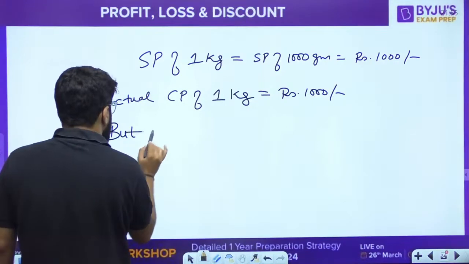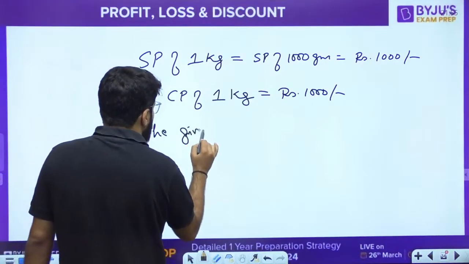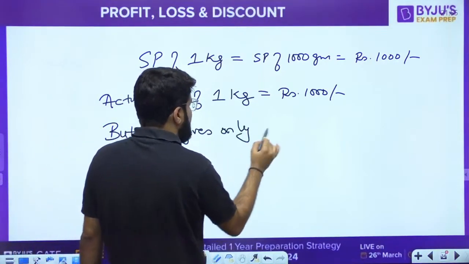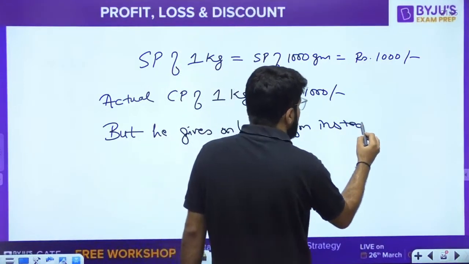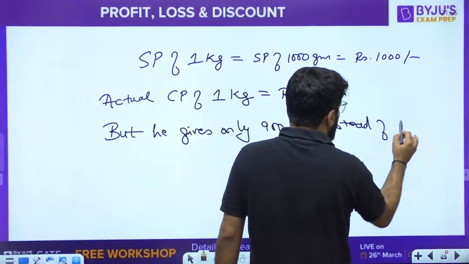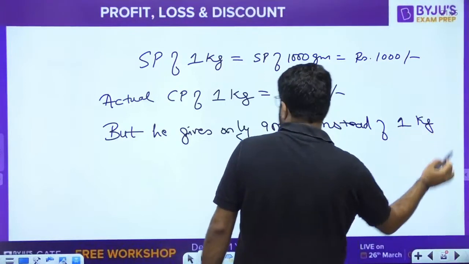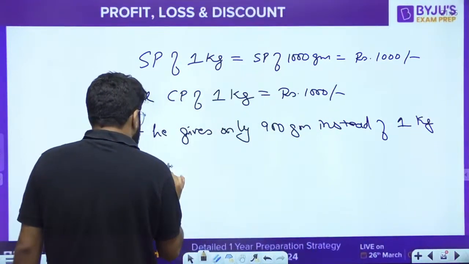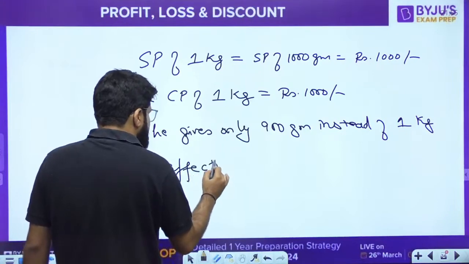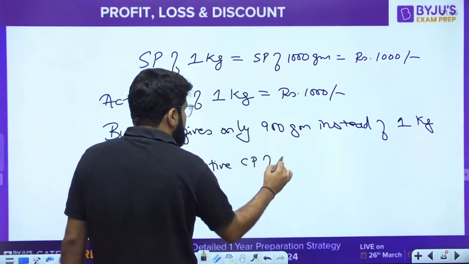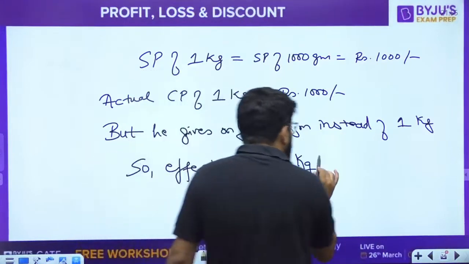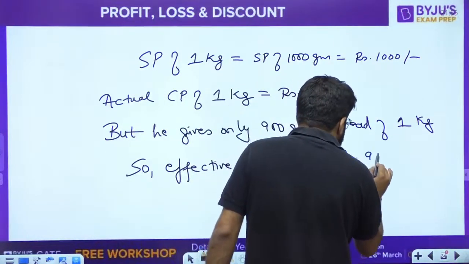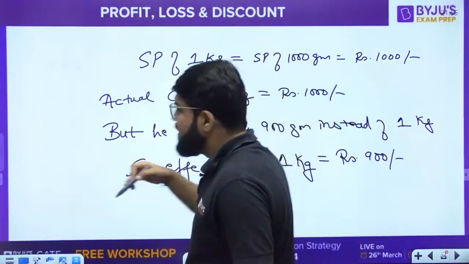But he gives only 900 gram. That is the cheating, na? Instead of 1 kg, he only gives 900 gram. So I will define a term here which is known as the effective cost price. So here, what is the effective cost price of 1 kg sugar? Effective cost price is only rupees 900,